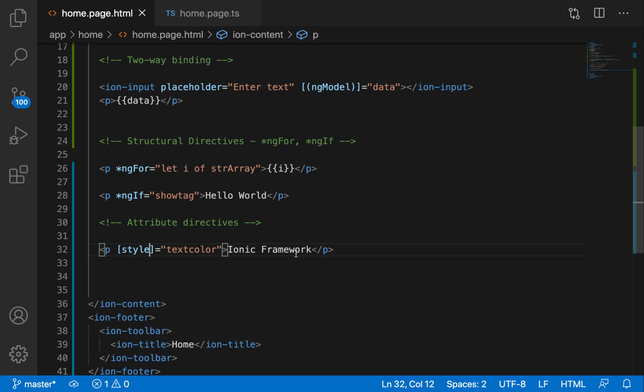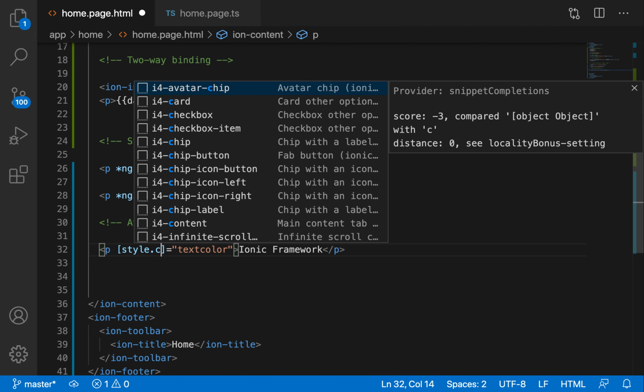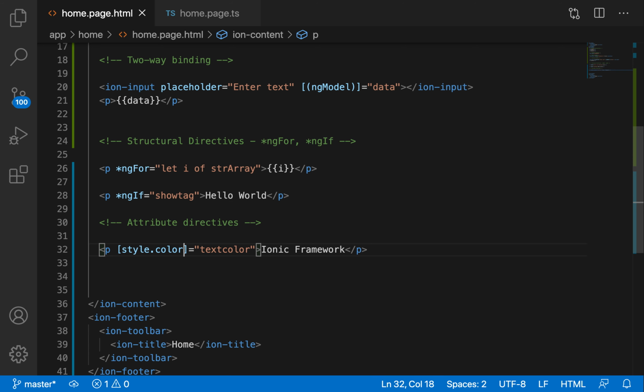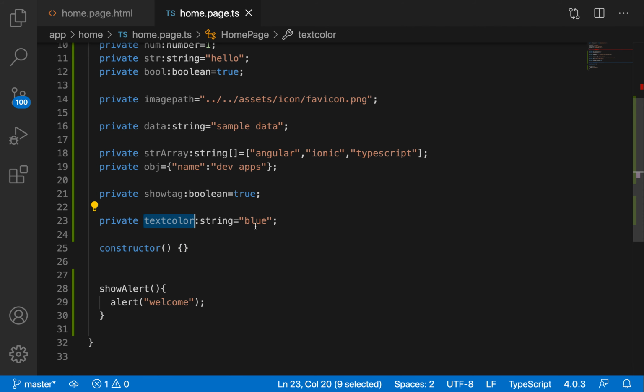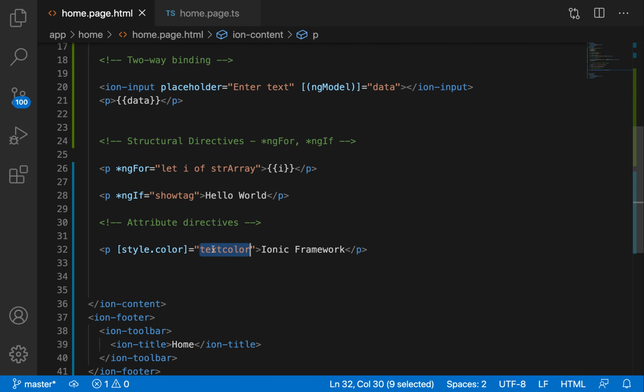If you are applying a text color, it has to understand that it must change the color of the text. That's why from CSS you use the attribute style.color equals textColor. Now when I write style.color, the p tag understands that the color blue from this variable is applied to it.